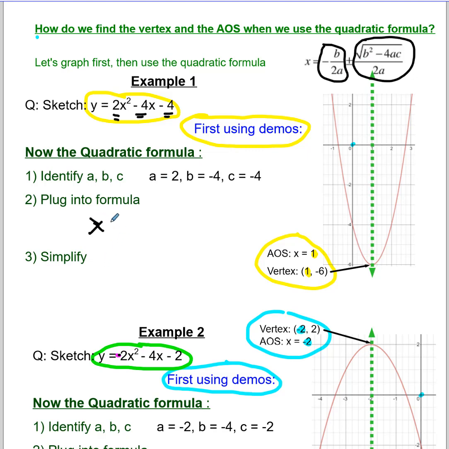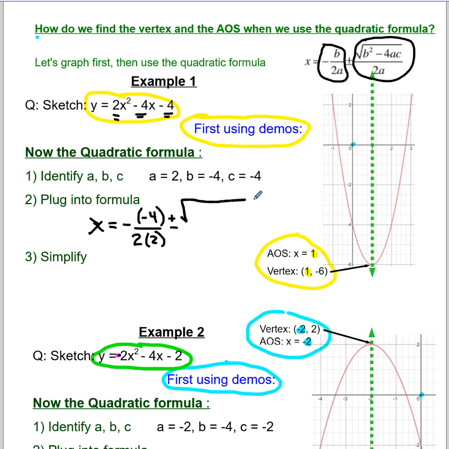Okay, so x equals, right? And I'm just using the formula here, minus b. B is -4, so that's going to be a double negative right away, I can tell, right? Over 2a. Now a is 2, so that's going to be 2. Okay, plus or minus